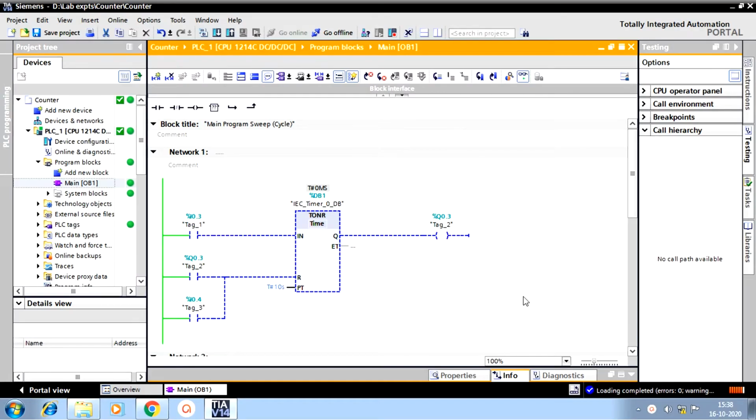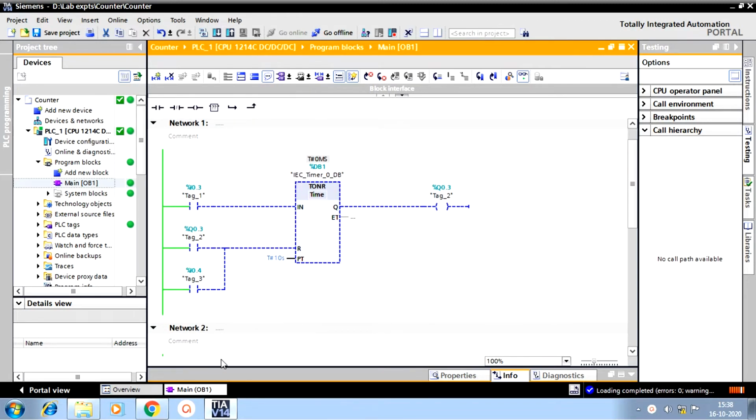Now we are going to see the implementation of a counter program. So the program statement is, we have a timer which is set to a preset value of 10 seconds. Now this timer has to run for 5 times. Okay, so this is the program. I have already created a project. The creation of the project and the implementation steps have been explained in the previous videos. Using those steps, I have created a new project called counter and I have created the program. Now let me explain this program.